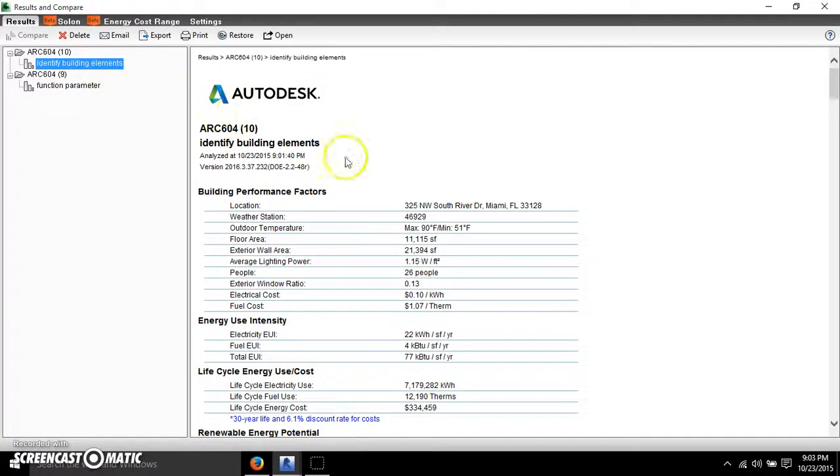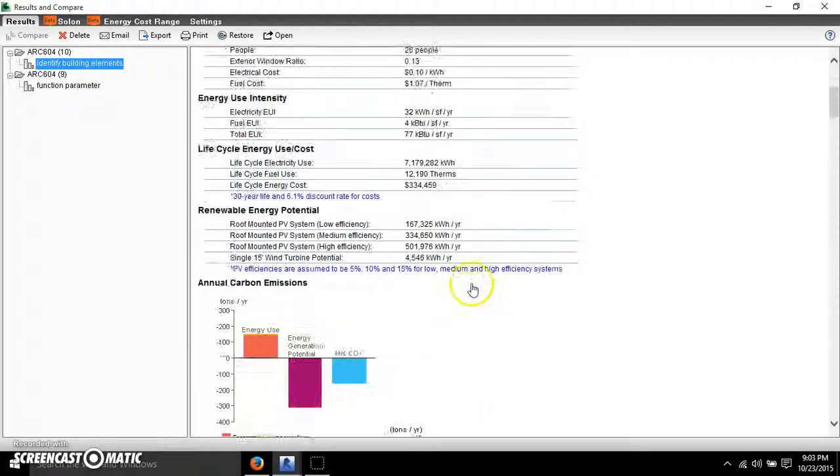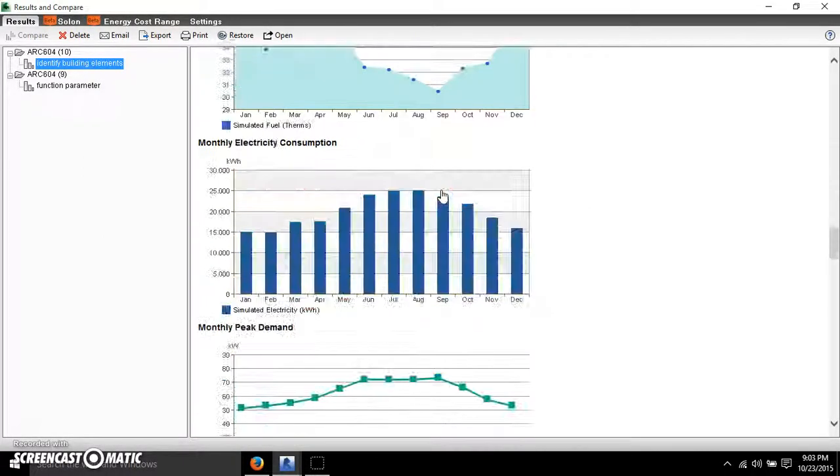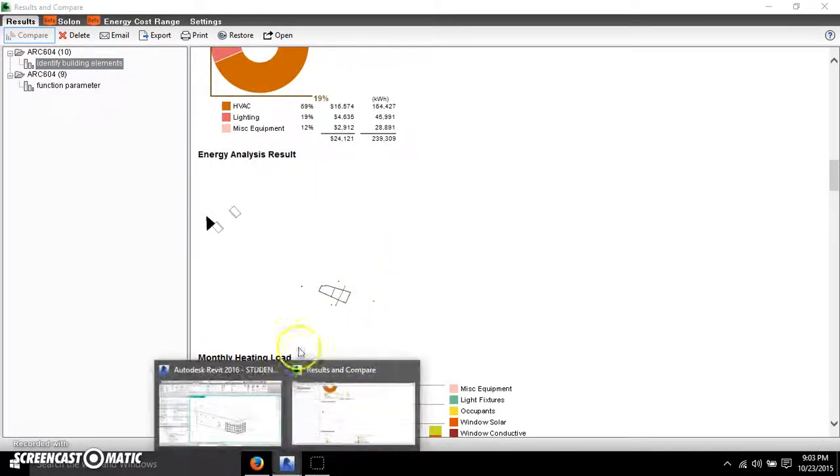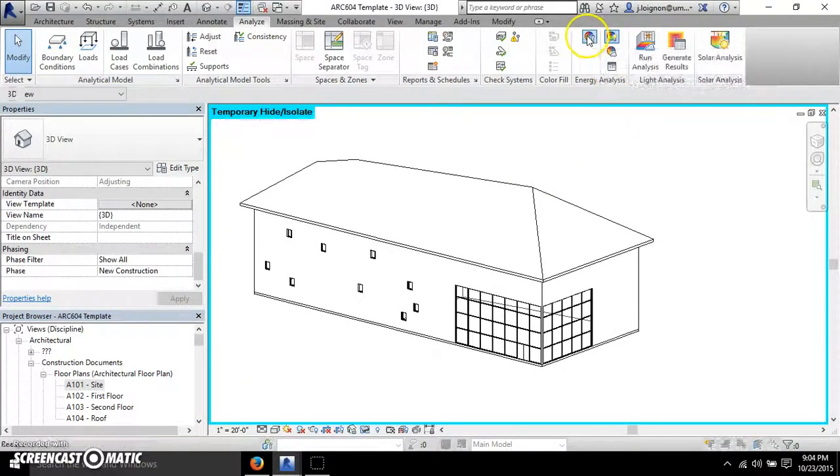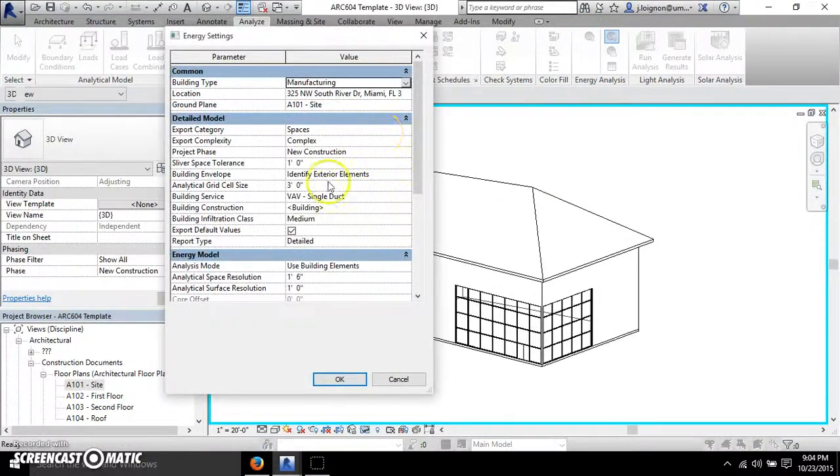So I can switch to that one, and I can start to see different types of what's going on with that as well. Or, if you're playing around with different options, once you see that, you can always go back to the energy settings, and then you can either change the elements themselves in here, or if you're doing it by identify exterior elements, you can go in and change the properties of the actual wall, or if you were doing it by function parameter to get a sense of what type of constructions you're going to use everywhere,